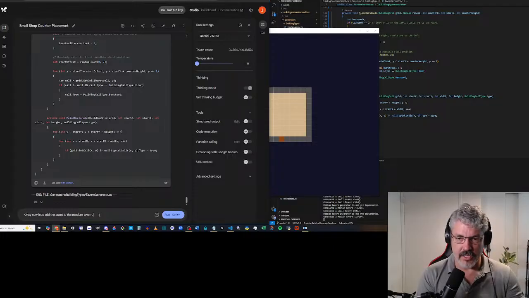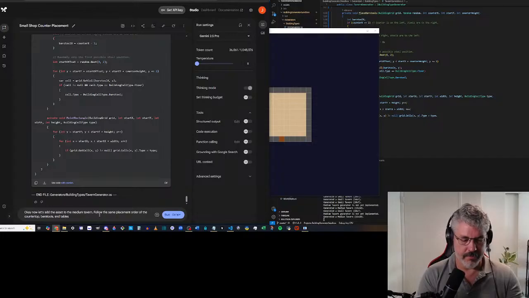I just want to make sure it understands the order of the placement and that there's a slight amount of variation. So follow the same placement order of the countertop, bar stools, and tables, like we did for the small tavern.